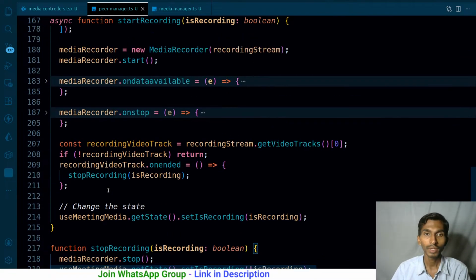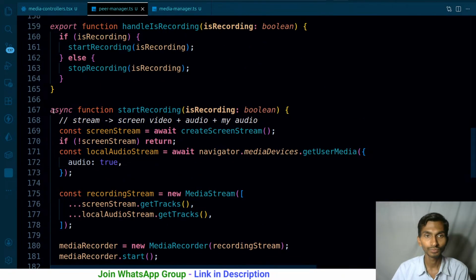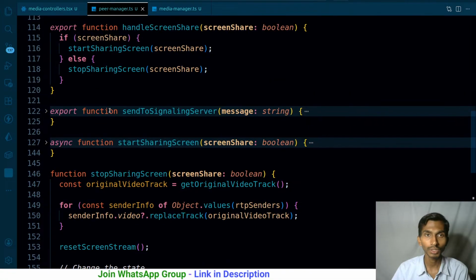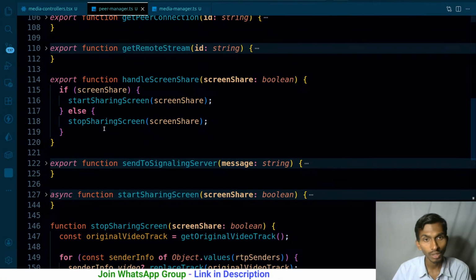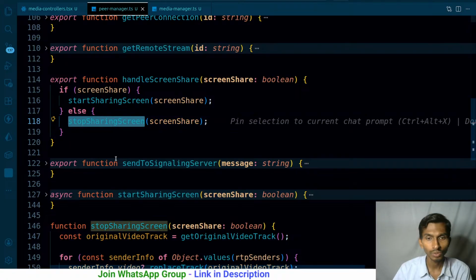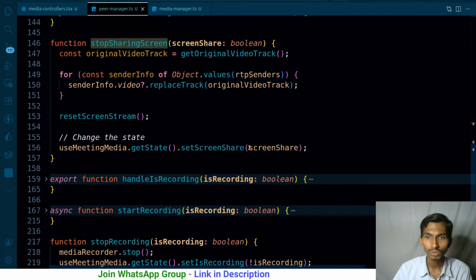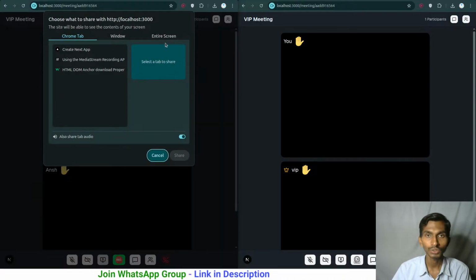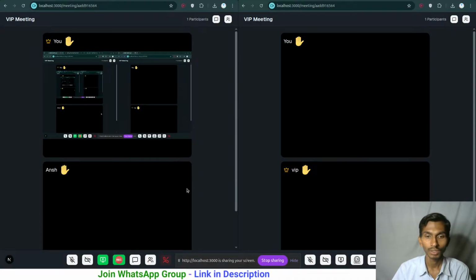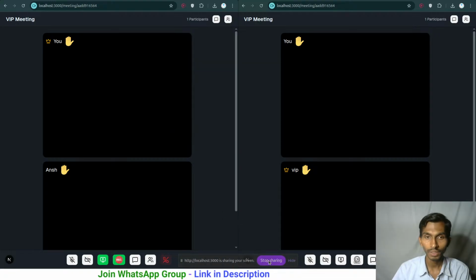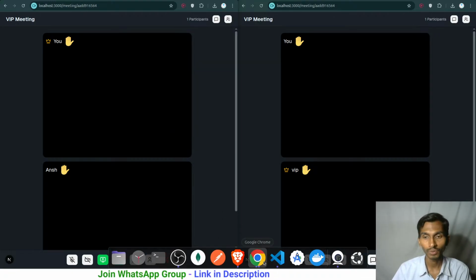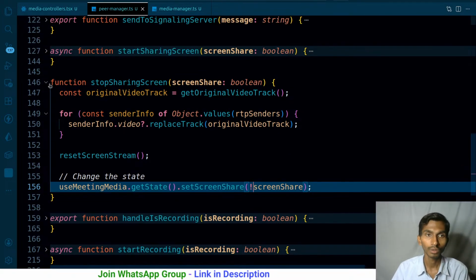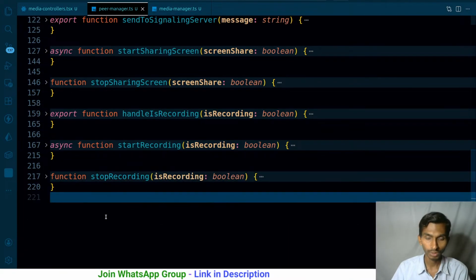Alrighty, so this is the thing. The same thing needs to be done here when sharing the screen. So whenever I'm stopping recording the screen, or stopping sharing the screen, this particular section here. So here at last, screen share, this will be problematic. Let me even check it. I started sharing the screen. This is being shared. Okay, if I click on this, it is still there. That is the problem. I knew that. So let me make it just the opposite of it, because I'm stopping it right now. Okay, this should resolve the issue.